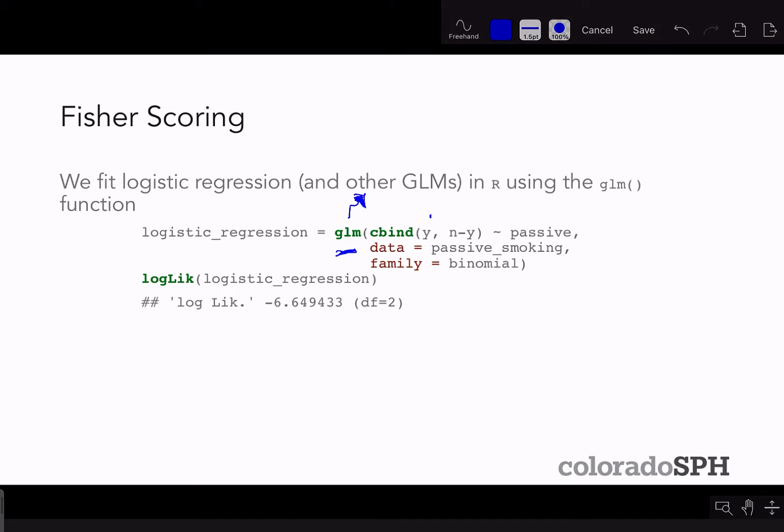here I'm modeling the ones and then the zeros against the outcome, which in this case is exposure to secondhand smoke. The family is binomial because we have binomial data, and we get a value here, which is an estimate for the